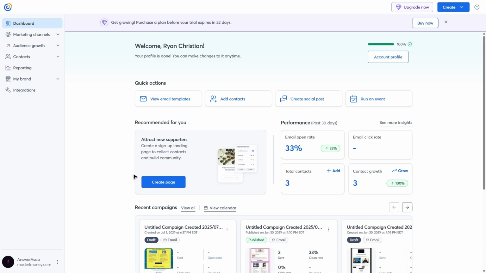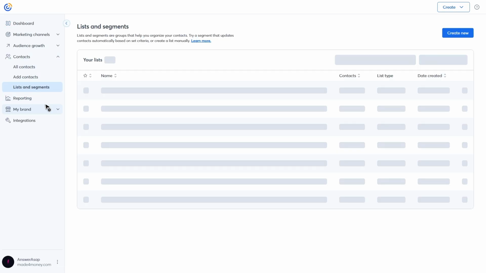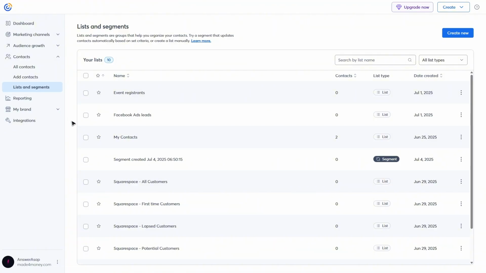Like with the home, before you do a deep clean, you want to tidy up. Get rid of the most obvious things lying around that really shouldn't be there. You might find unused segments right here under Contacts, List and Segments, also List, that you don't need. You might want to delete them. For example, this segment, you might want to remove it. Click on the three dots right here, hit Delete Segment, and just create another segment